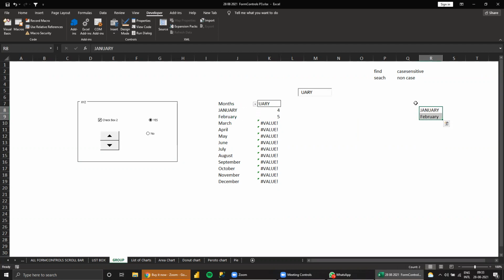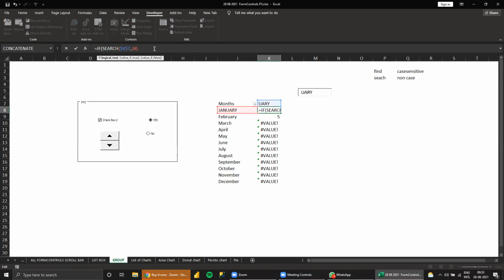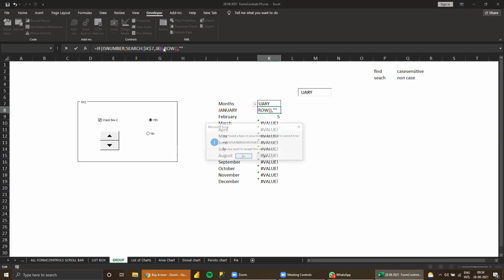So this should be copied here. For that, we use an IF formula: if this is a number, we get the row formula, otherwise blank.